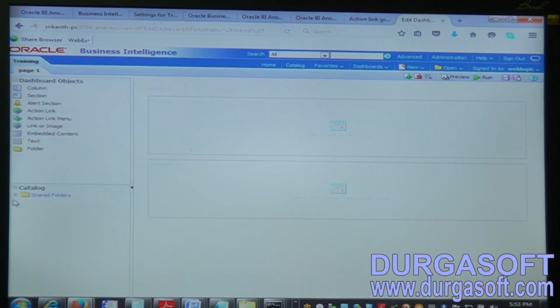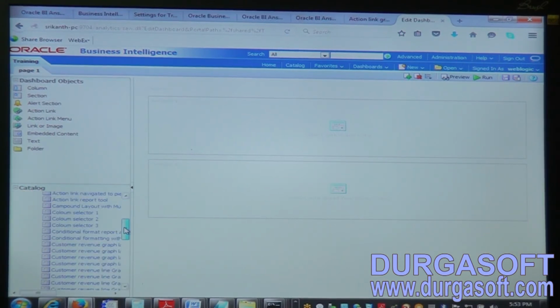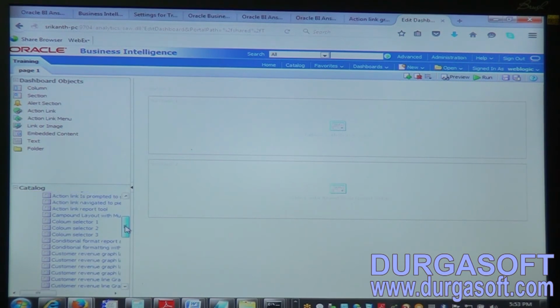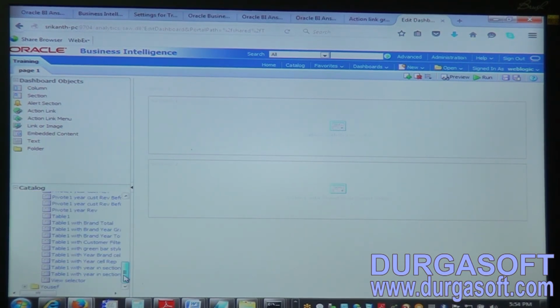Now in the second report, I am selecting these two.